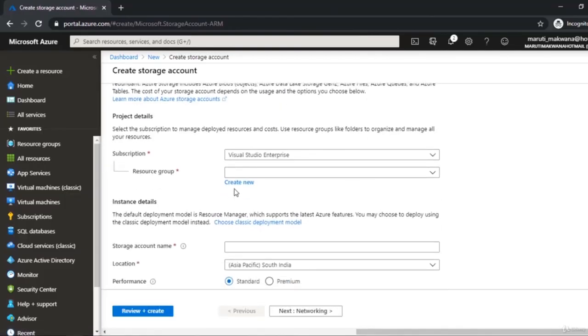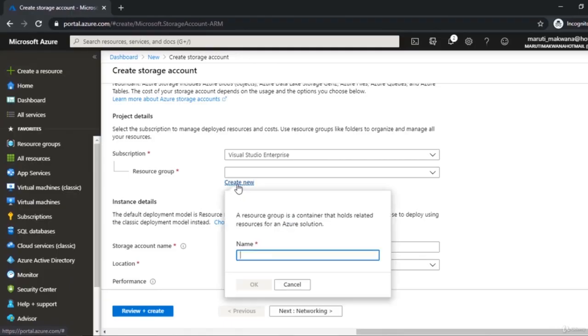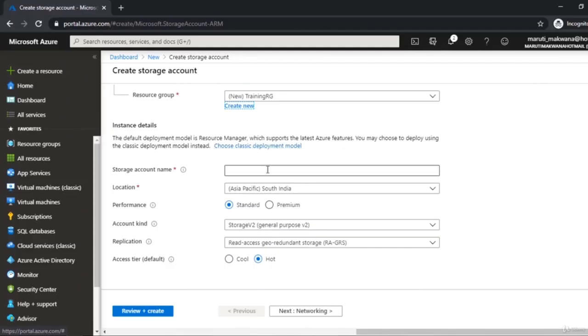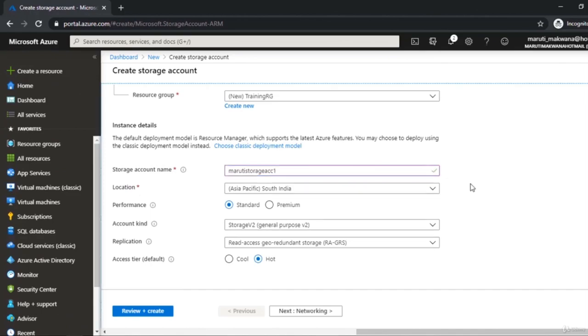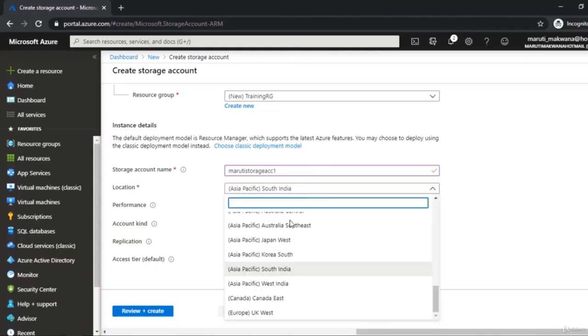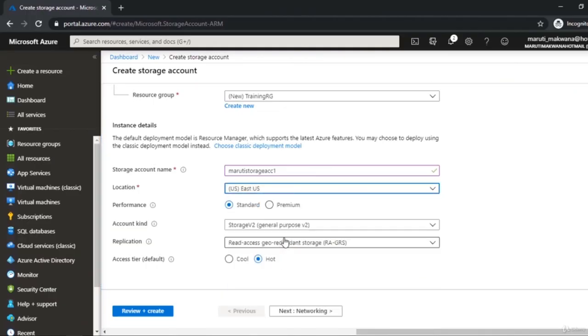Let's say I'm specifying that I'm going to create a new resource group with the name training RG, and then I'm going to give a storage account name. I'm giving a name of this thing Maruti storage ACC123. It's a storage account which I'm creating right now, and saying that's already there. Then let me create something which is 1. After this, in the location I am choosing East US, and after that in the performance we have 2 options,